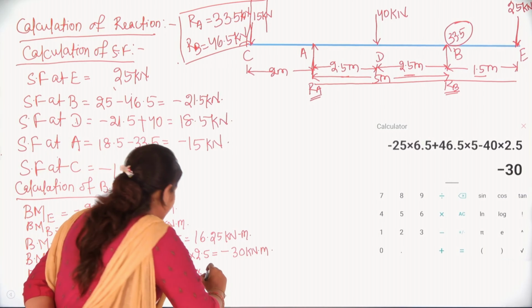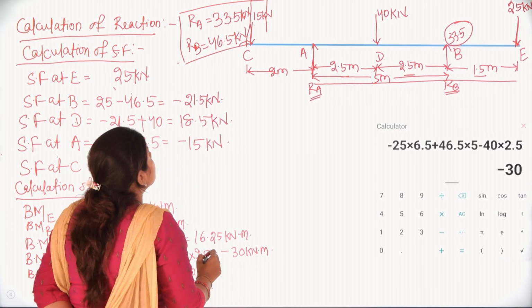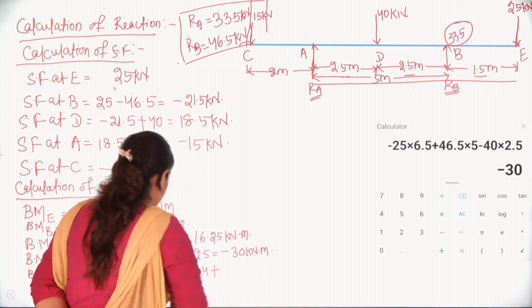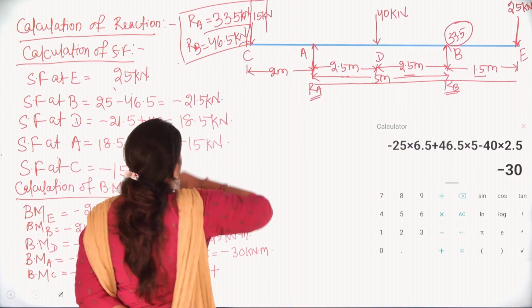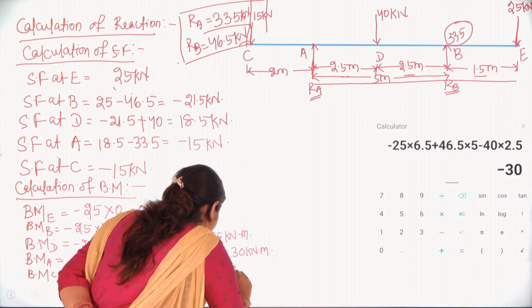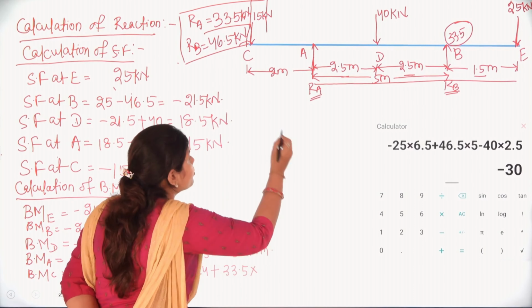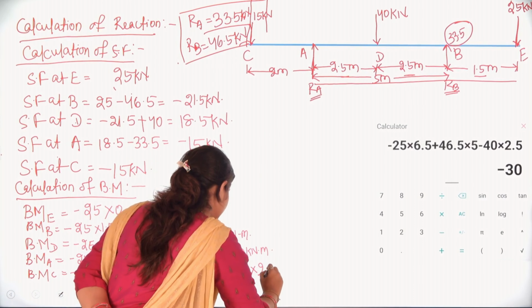So it will be 4 and plus RA. RA is your 33.5. 33.5 will be multiplied with 2